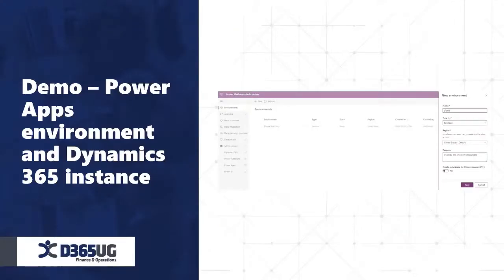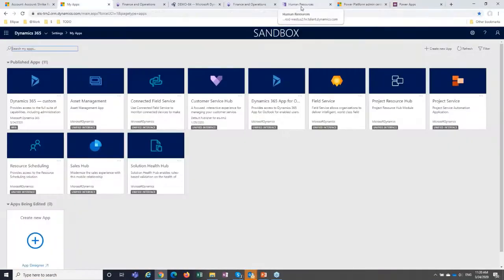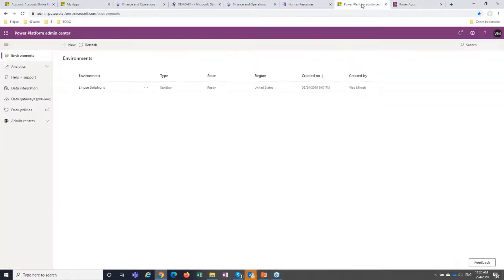Okay, that will be our first demo. I will jump into it to visualize what I just tried to explain. We need Power Platform, so the Power Platform Admin Center, that's where you would look at your environment. So what is the environment? This is the container for your D365 instance. So when you create the new environment to start development,